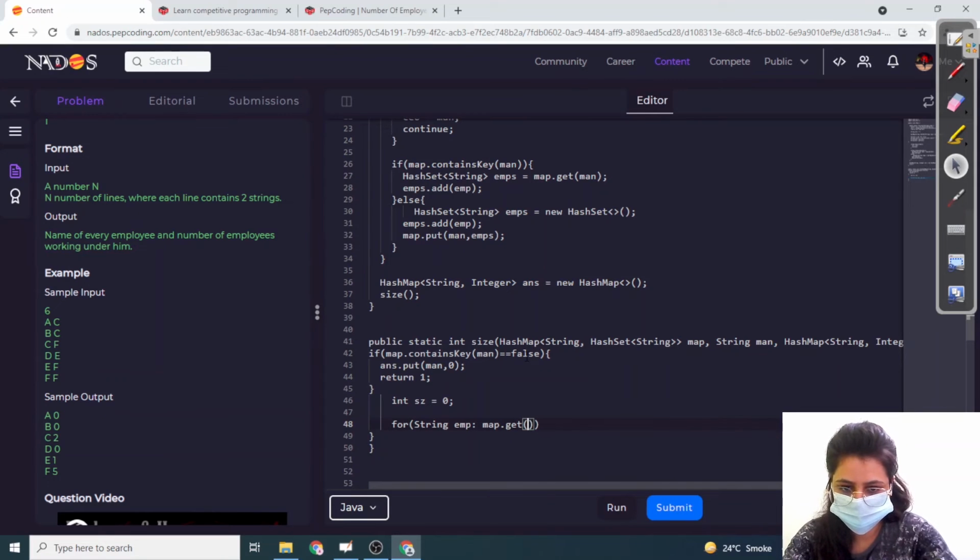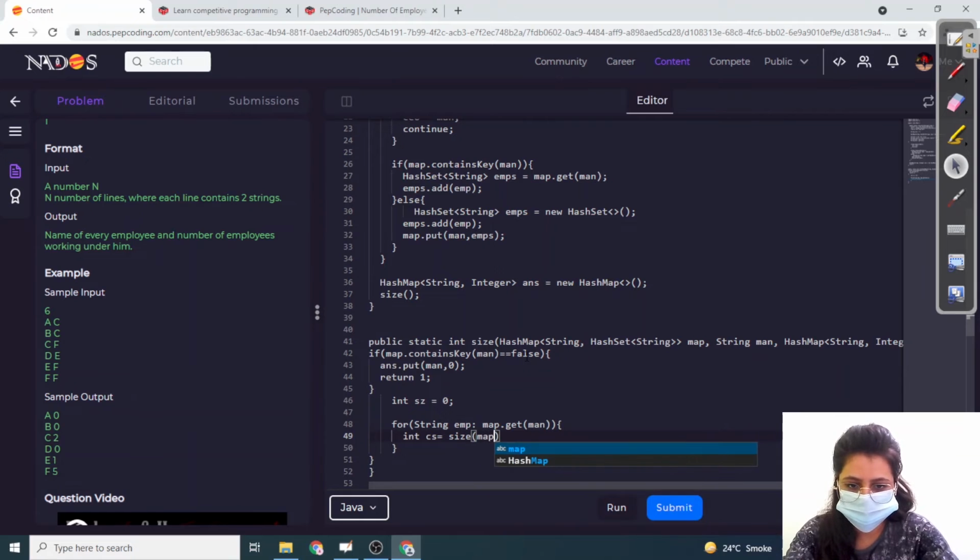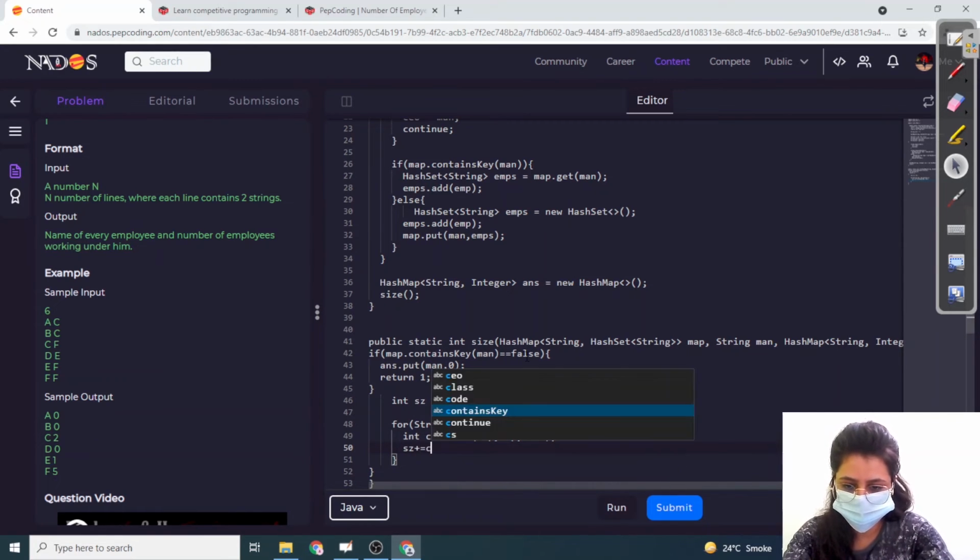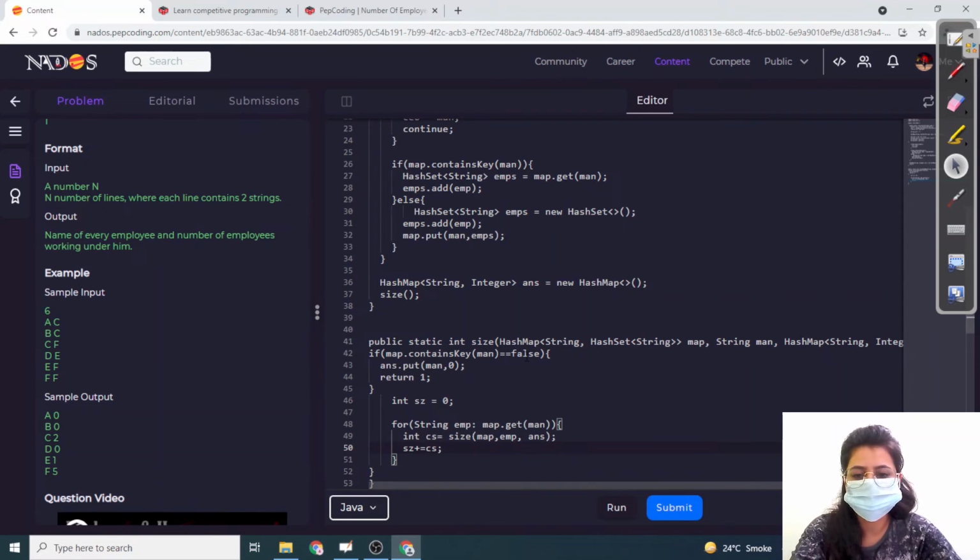dot get manager, and we'll bring the size of the children. Int size of the children is equal to, we'll call the size function, and we'll pass the map comma employee, and our answer, right? Okay, and what we'll do, size plus equal to children size, our own size plus children size,